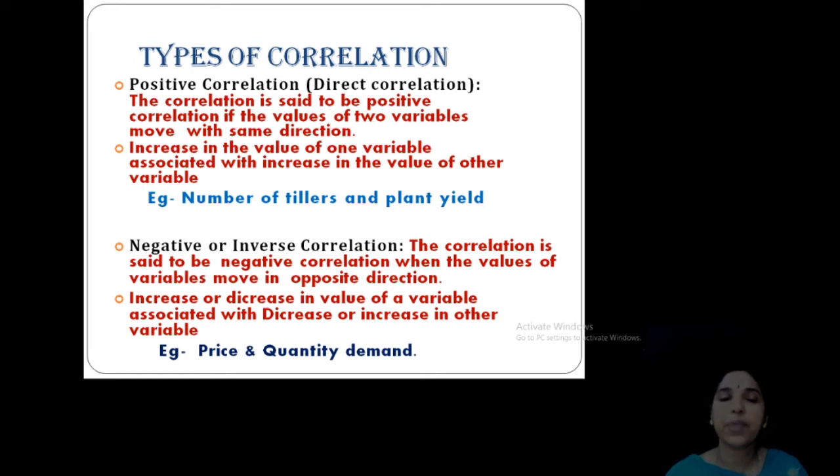What will happen when the quantity demanded of a product is very high? It will go in the opposite direction. Likewise, when price is very high, quantity is very less. Clear? So, for example, onion storage: sufficient storage is not there. What will happen? Price will increase. So that is the correlation.